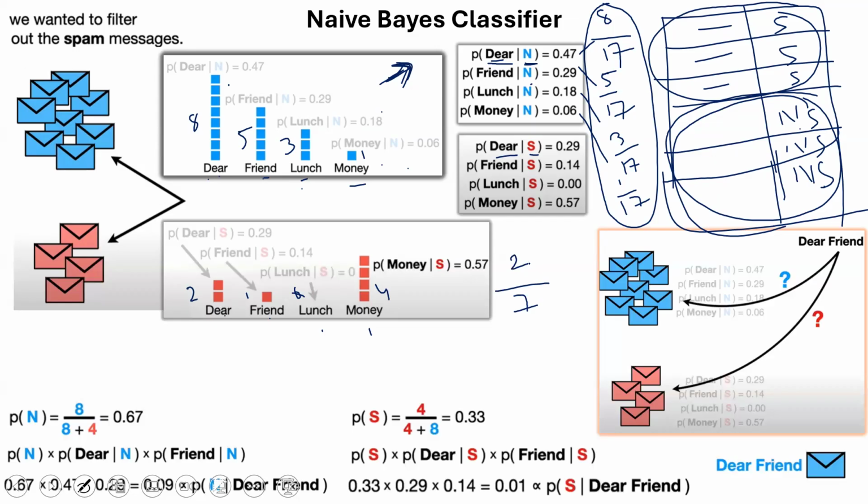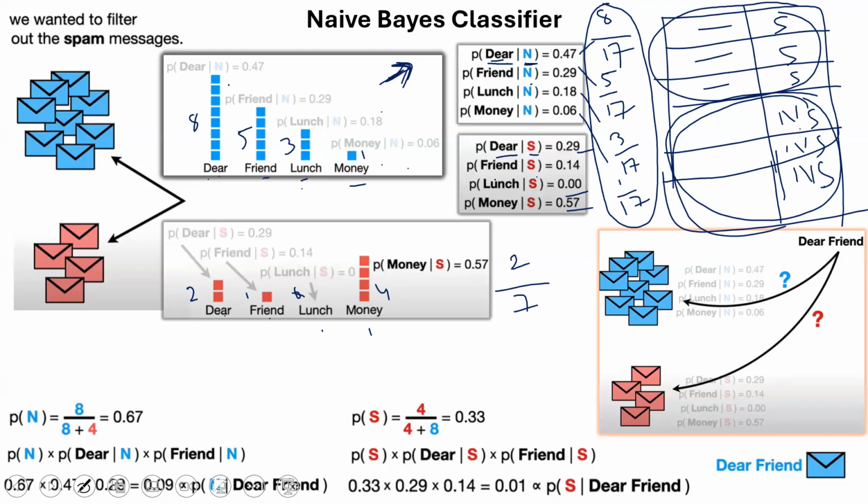0.285 or something. So you are marking that as 0.29. So friend will become 1 by 7, which is 0.14. 1 by 7 would be 0.14, right? And lunch would be 0.00. Money would be 0.57. Money is nothing but 4 by 7. So once you have calculated these probabilities, then what you're doing,